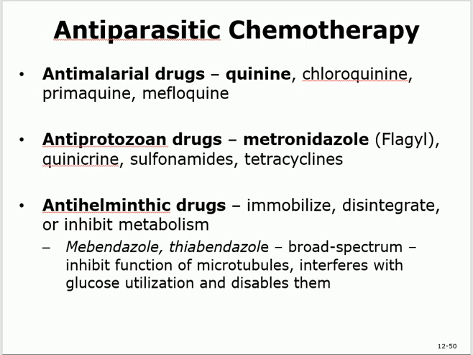You can take a look at this. I mean, you don't have to memorize everything here, but take a look at it. Just remember that these are eukaryotes and they do not have a wall. But you can take a look at it, like antimalarials, like quinines, for example. Antiprotozoal metronidazole, Flagyl.